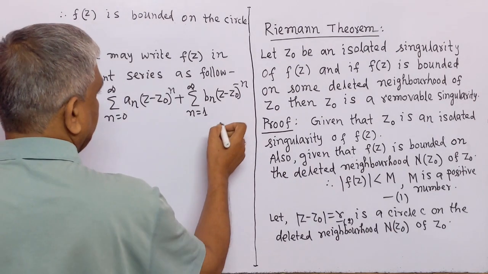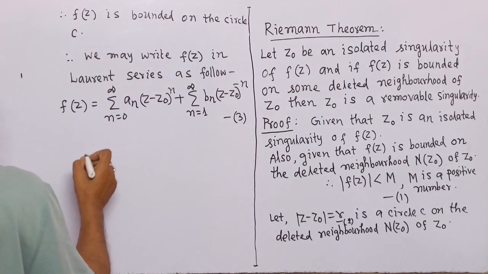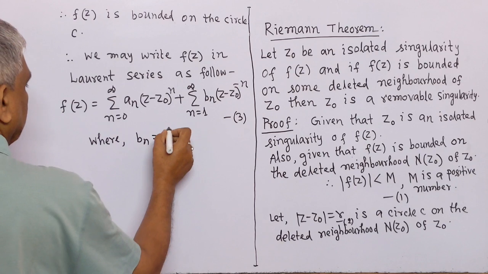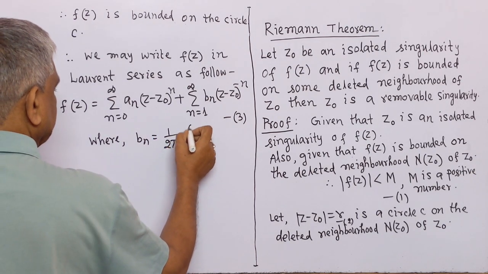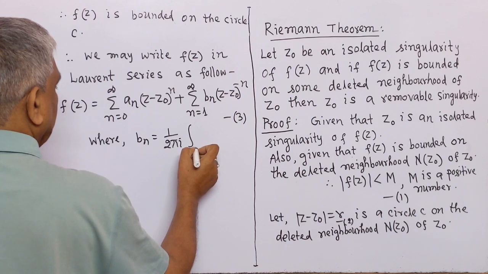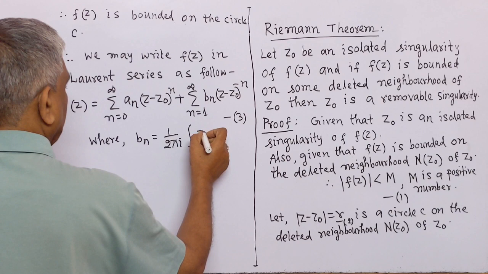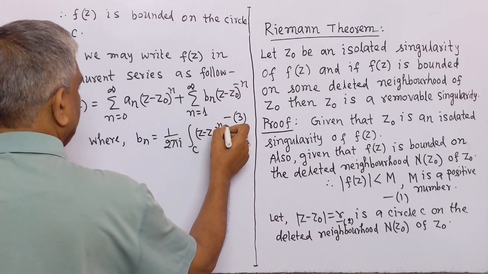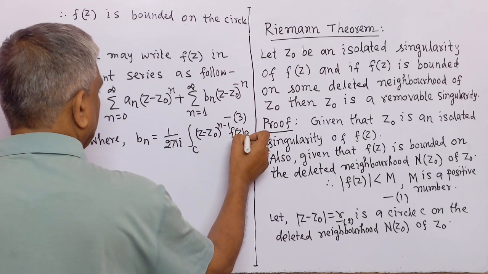Let this be number 3, where b_n equal to 1 by 2 pi i integration along the circle C (z minus z naught) whole to the power n minus 1 f(z) dz,